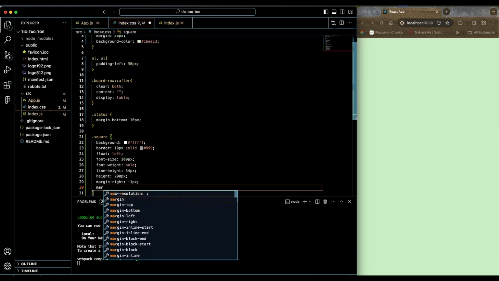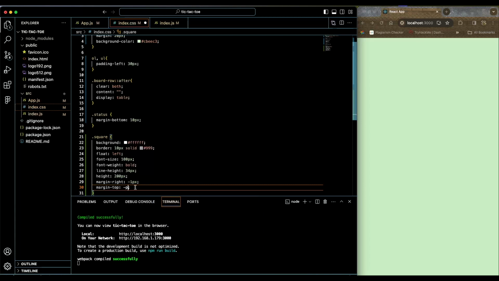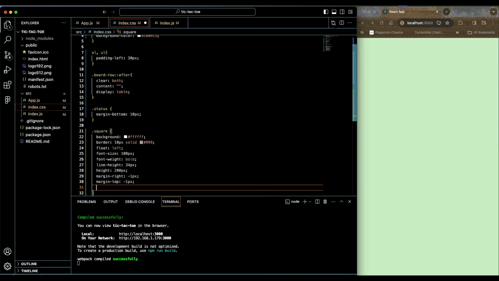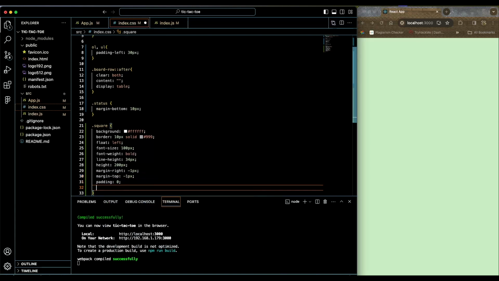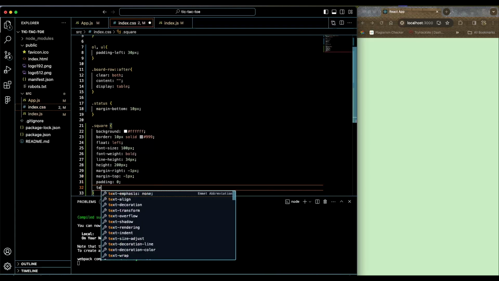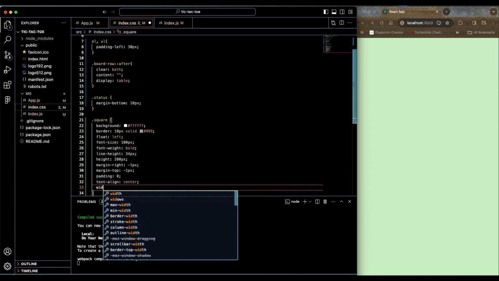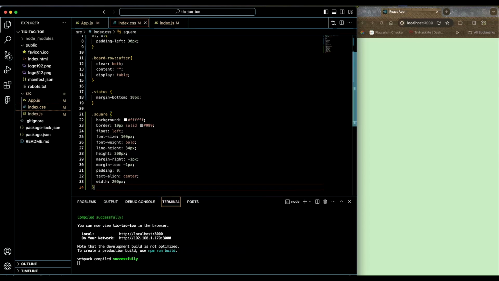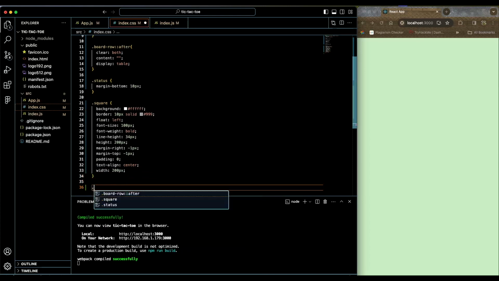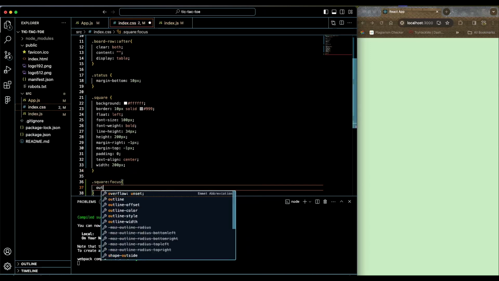Margin top. Let's give it so there is no margin, padding of 0, and text-align center, and width of 200 pixels. I would say .square:focus, outline